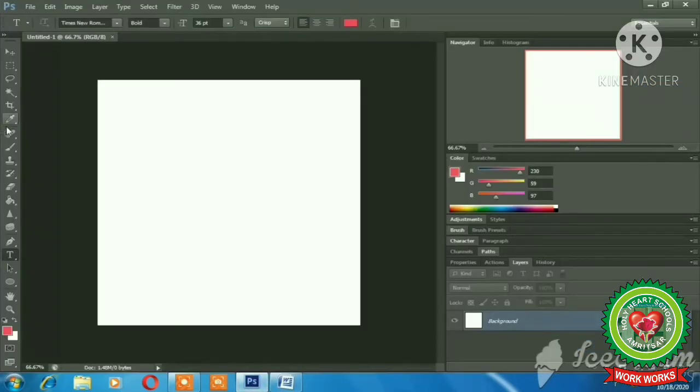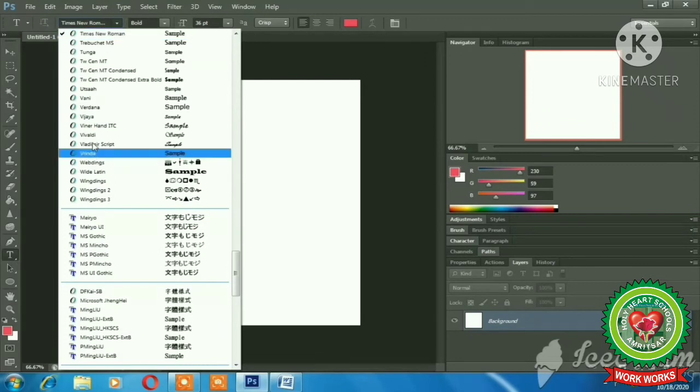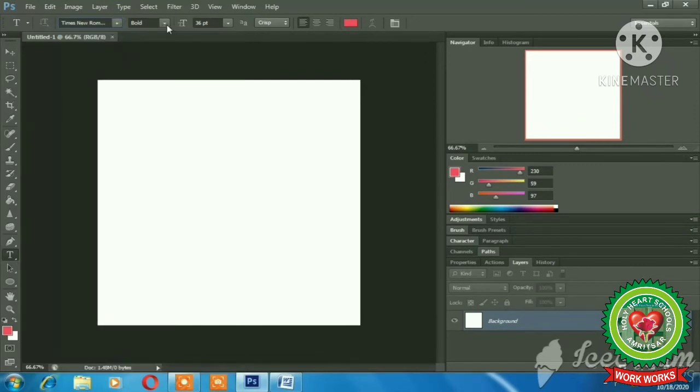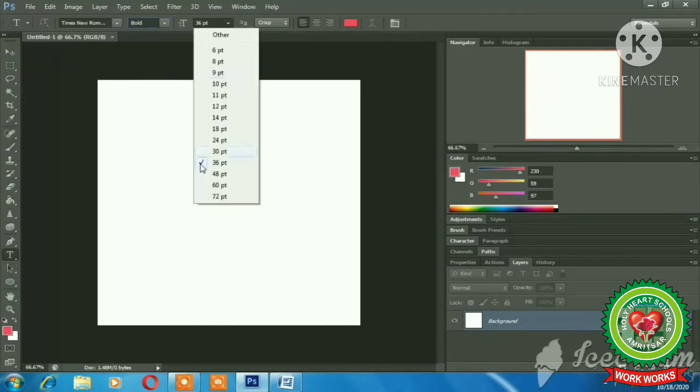We will open Adobe Photoshop. Here is the type tool. We have different options like horizontal type tool, vertical type tool, horizontal type mask tool, vertical type mask tool. Whatever is our requirement we can select. I am going to select the horizontal type tool. Now we have different options in the option bar like the style of the text, bold, italic, regular, size of the text. As per our requirement we can select the required options.